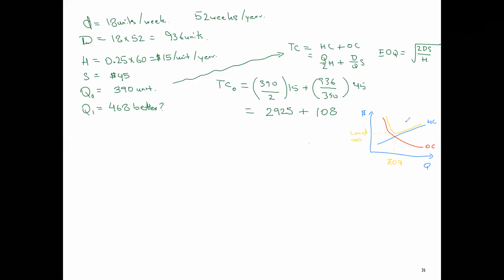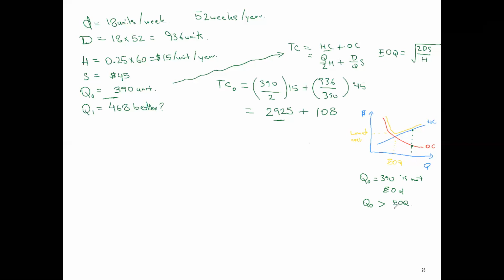Lowest cost. Okay, so now if I, and I think the green one was good. Okay, so if I compare the two, basically what is being shown over here is that my holding cost is significantly higher than my ordering cost, which means we are somewhere in this zone where my holding cost is higher than my ordering cost. So in other words, the quantity that we are ordering right now, our Q naught of 390, is not EOQ. And what we can also see from here is that Q naught is for sure higher than EOQ,